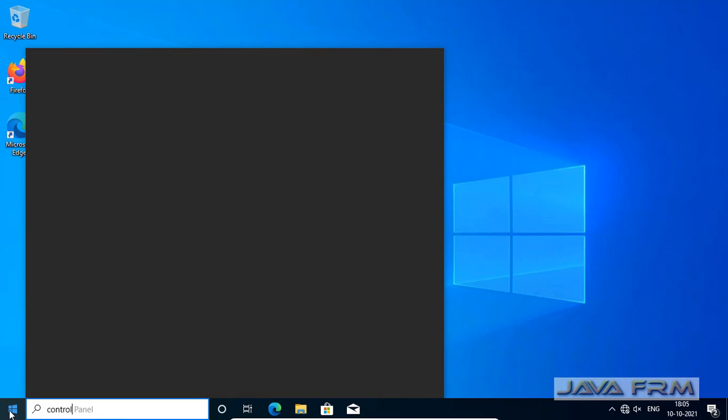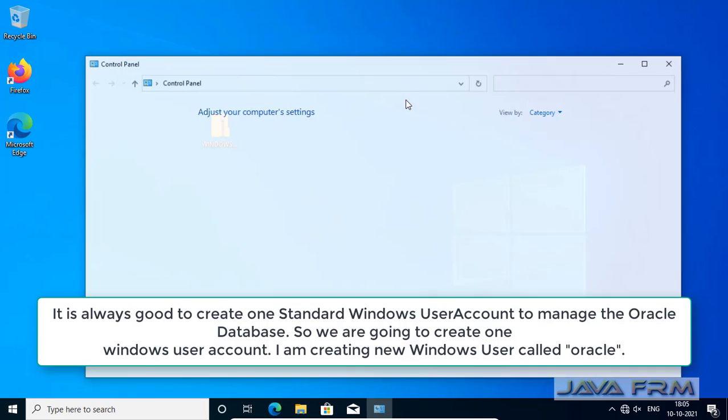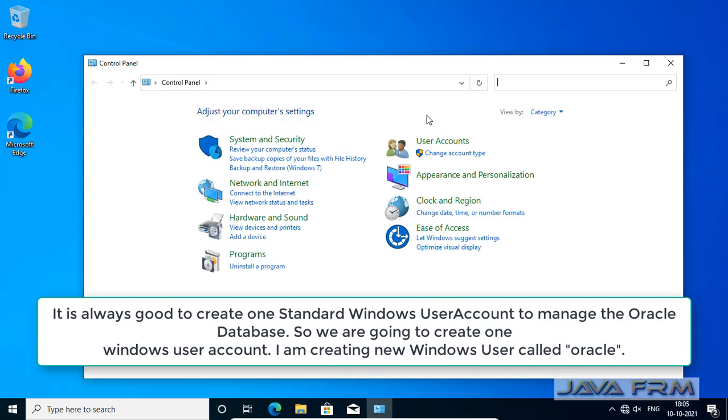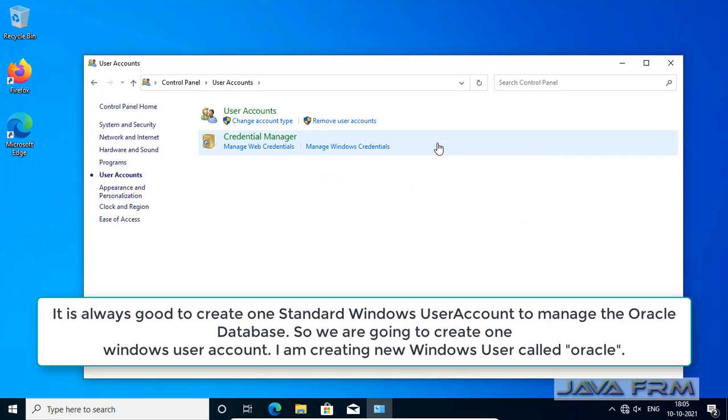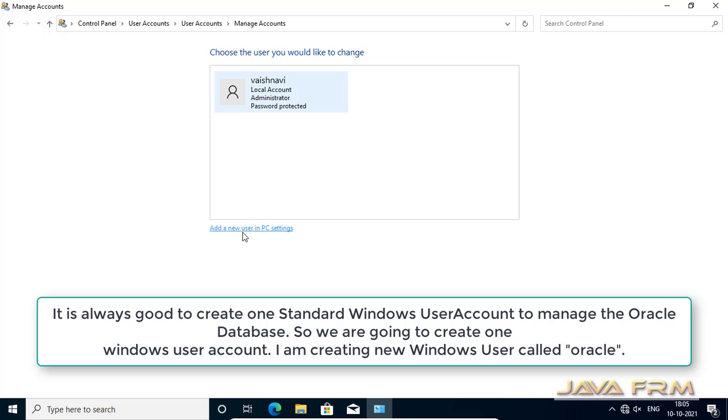Next step is I am going to create one Windows user. So go to Control Panel, under User Accounts, click Change account type.